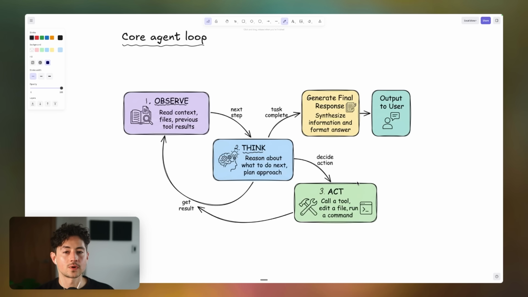After it's thought about things and basically written its own mini plan, it's time to actually act, right? And so here's where it'll call tools. It'll edit the files that it decided to edit earlier in the plan. Or maybe it'll run a command using command line interfaces, CLIs. After the action step is done, it gets the result of the tool call, and then it feeds all of that back into the observe step. So now we're basically running through that loop again, just with a little bit more context.